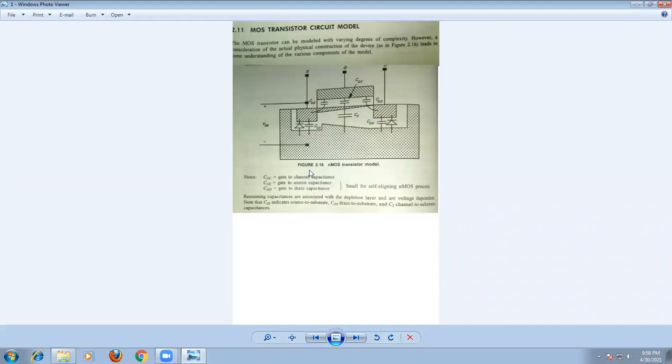Now we observe the figure here. We have different capacitors and diodes in the circuit. Actually, these diodes and capacitors are not present. We are not connecting these capacitors here. These are called parasitic components. Combined together, we can consider them as the transistor model, the NMOS transistor model.